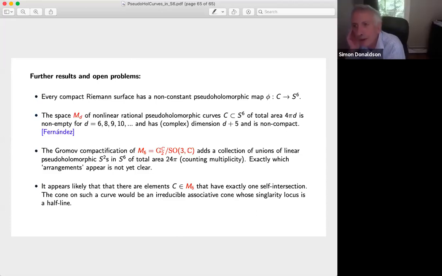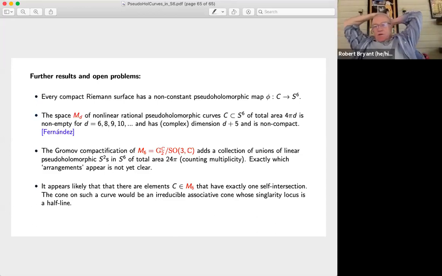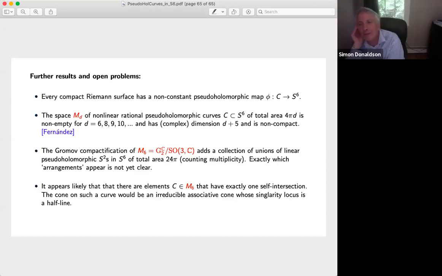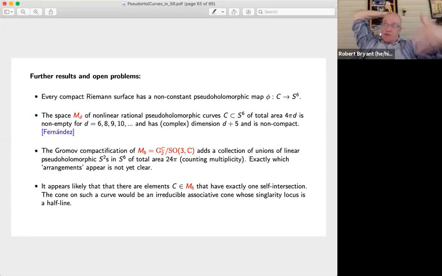Do you know if these cones can be deformed to something non-conical, which still has the same kind of singularity structure? Generically, you would expect they wouldn't. That's a good question. I don't know. I do know that certainly associative submanifolds can have singular structures where the singularity locus is an analytic curve, but I don't know an example that's nonlinear, that's not a cone, that has a half line.